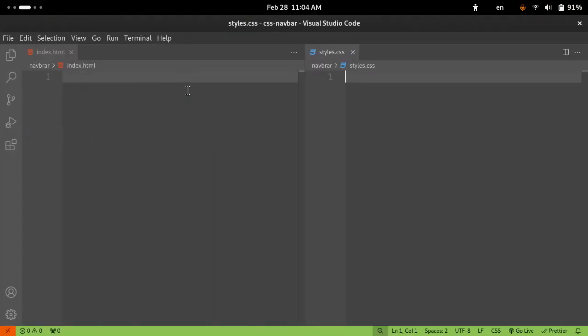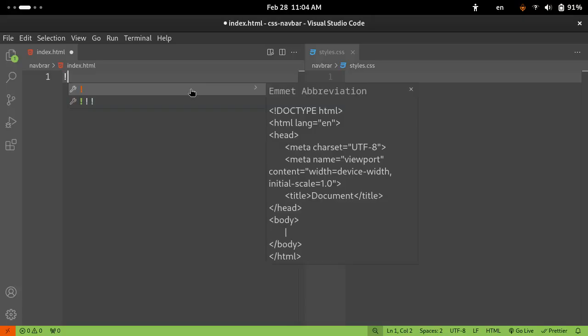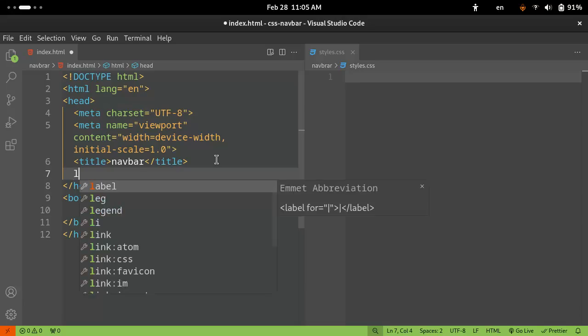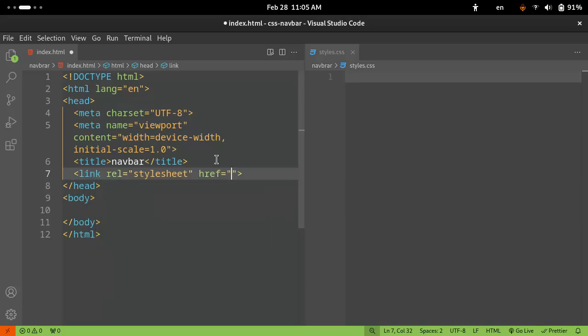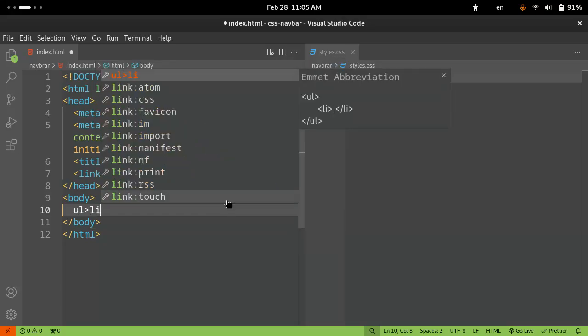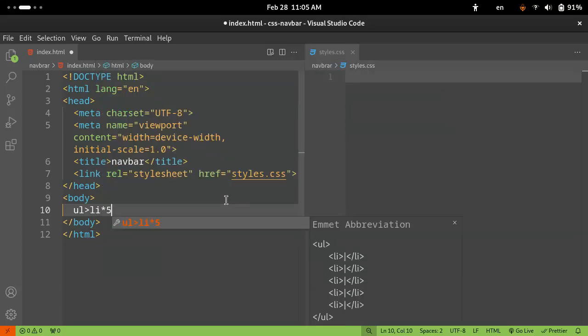Hello there, it's 80 Code, and we're gonna make a navbar using CSS. The reason I'm doing this is just to get some practice with Flexbox. So I'm gonna say navbar in the title, and let's connect the CSS file, so it's styles.css. Let's make a UL, and let's make 5 elements inside the UL, and